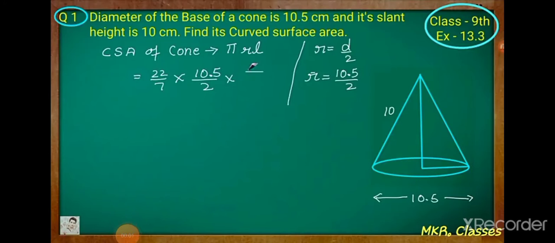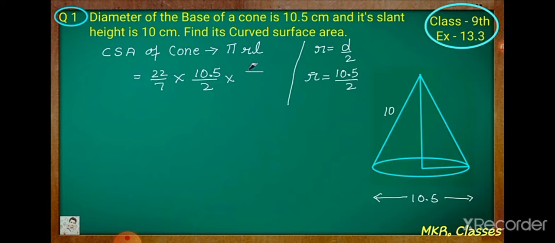Okay, boys, today we are going to start 13.3, which is related to the cone. Basically, a cone is a 3D shape of a triangle. In a cone we have two heights. One is the straight height, which you can see in the middle, and the second is the slant height. The slant height is represented by L, and the base line is the radius. These three lines make a right angle triangle.